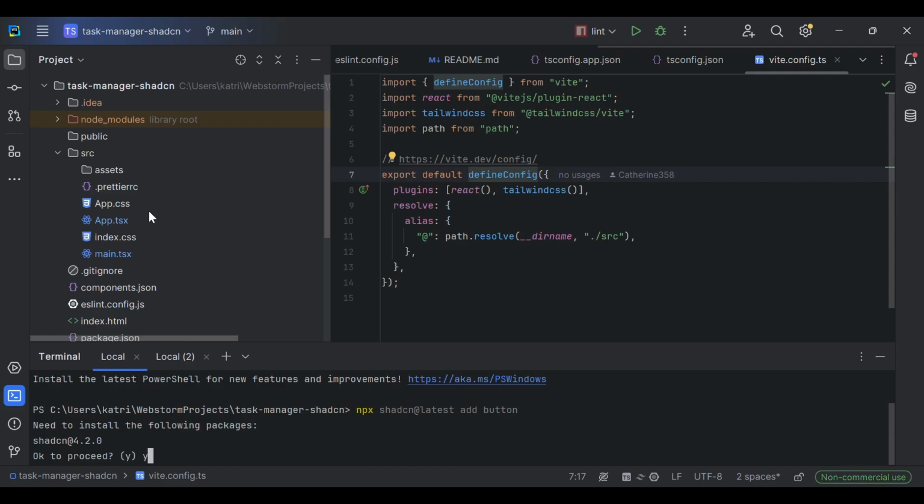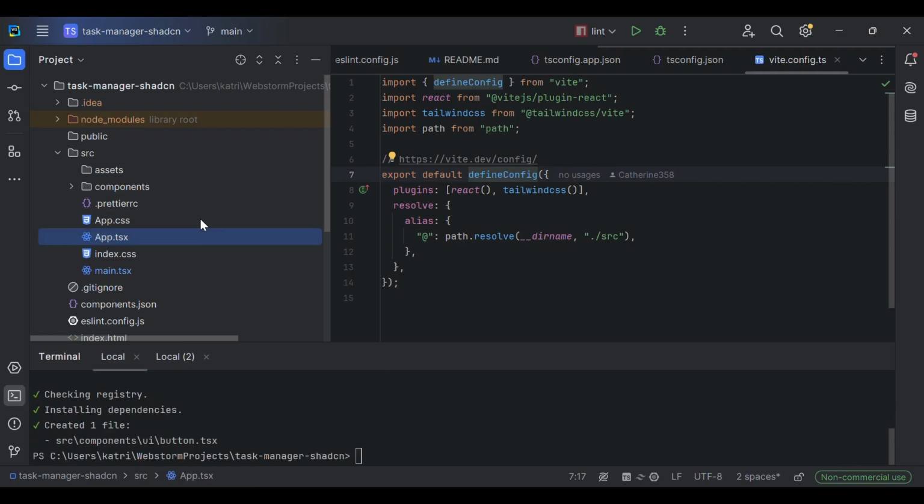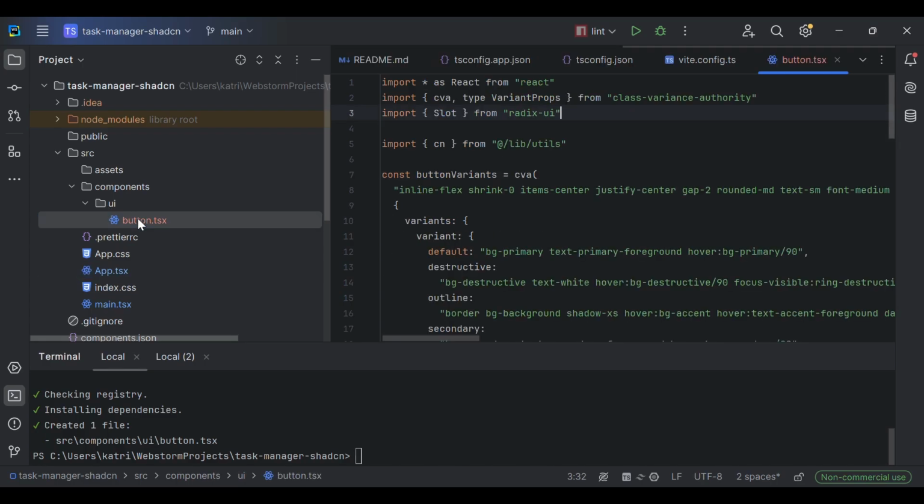If it asks you to install some packages, you just agree to that. And now you can see that something changed. It added a components folder which has a UI folder, and there you have your button that was added from shadcn. Sometimes it doesn't work perfectly to add something from shadcn, but fortunately they have good documentation on how you can